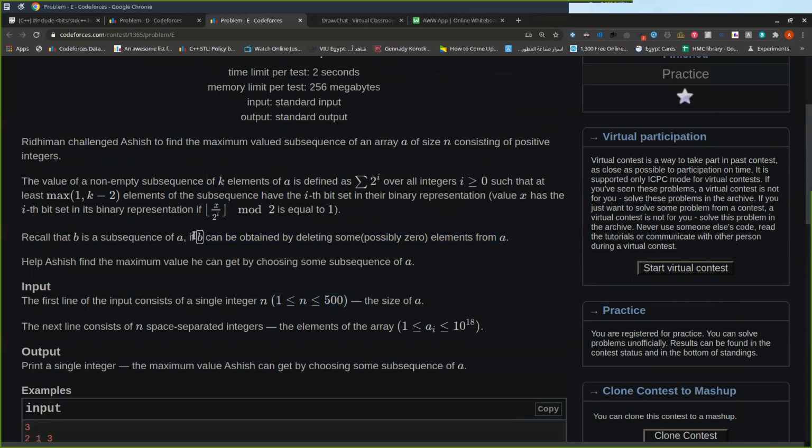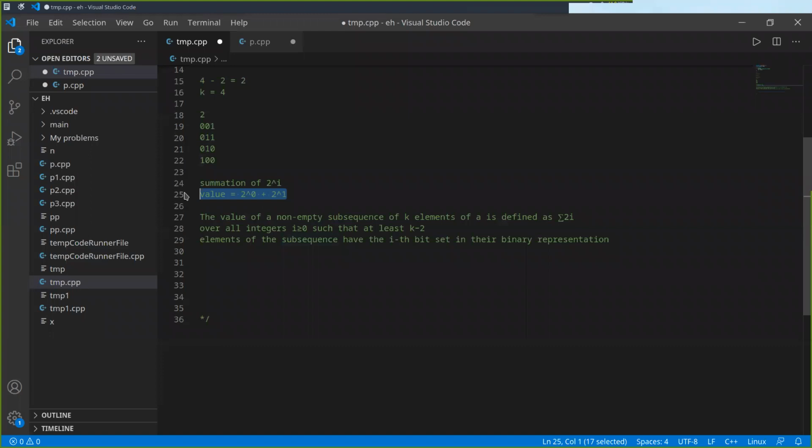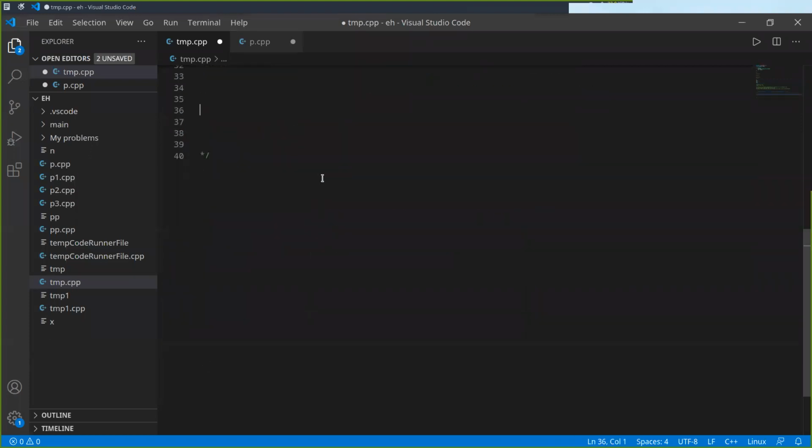We'll try to construct any subsequence and see what properties it has, and see how to calculate this value. So let's take a generic subsequence A. I have n elements, and I choose a subsequence A. Let's go to the value and see what properties the value of A has. For each ith bit, if 2 power i is in the value, then I'm sure that the ith bit is